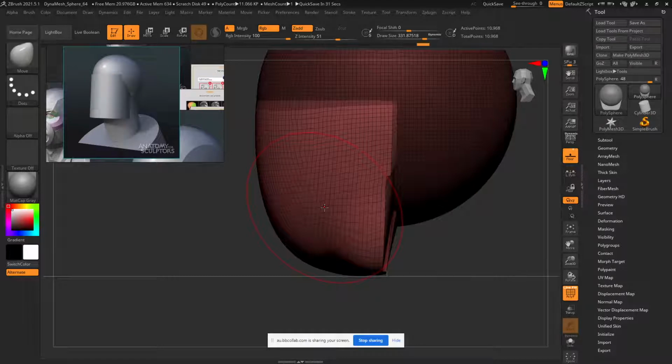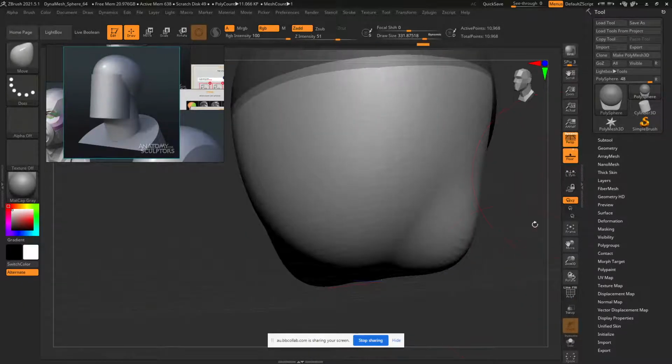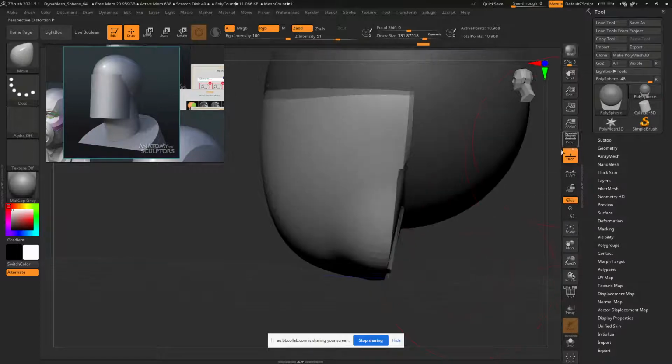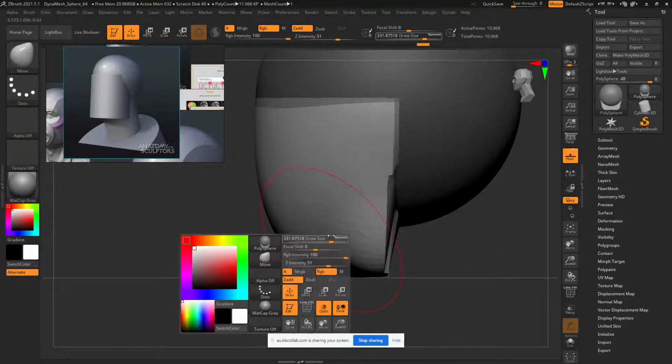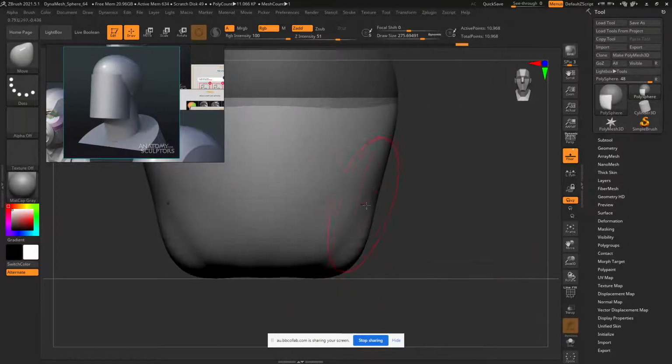So the idea is we start low, get the foundations, and then we add in more resolution. So that's what we're doing at the moment. Now, because I've got dynamic perspective off, one thing that you will notice is that when I make a change here, sometimes it looks a little bit funky from the front view, because I haven't quite grabbed it the way that you would grab it with perspective turned on. So what's important when we are doing dynamic perspective off is that we analyze from multiple angles